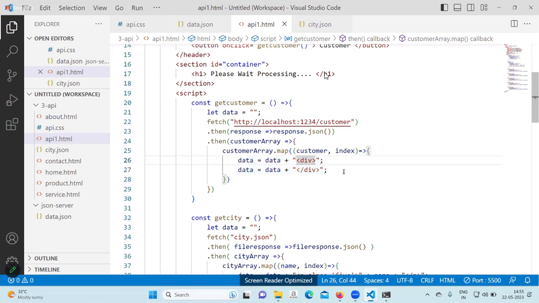For this division you give class equal to 5. So 5 elements will have class equal to 5. So 5 items will appear in a line. Next below